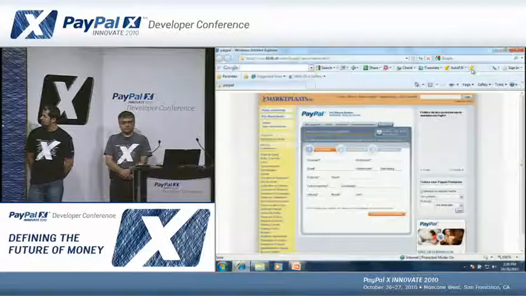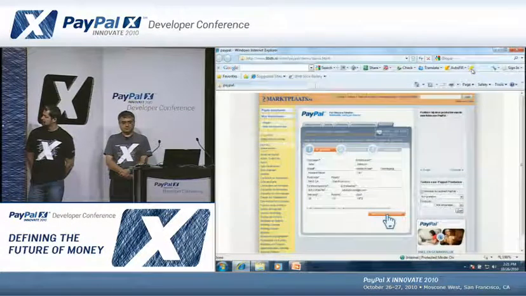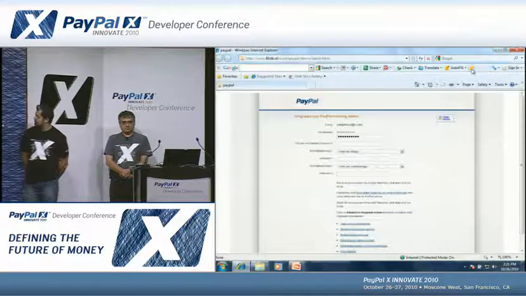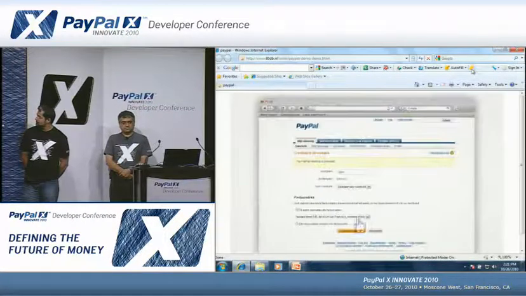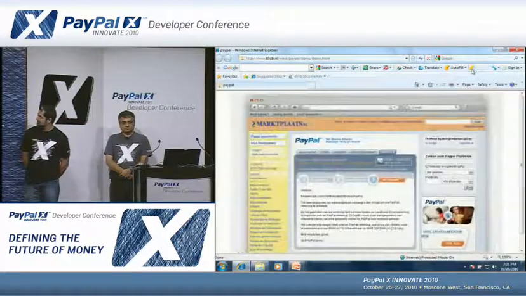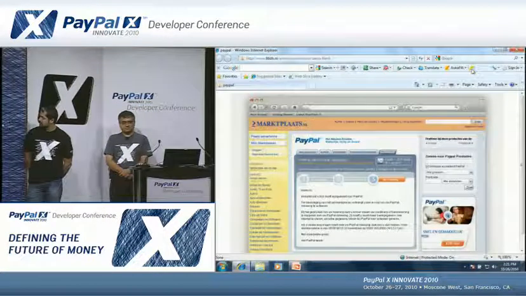While still within the Marktplaats environment, users simply fill in their personal details. At PayPal, they can create a password and add a funding source. Back at Marktplaats, a confirmation message is shown and users can continue browsing for products. It's that simple.